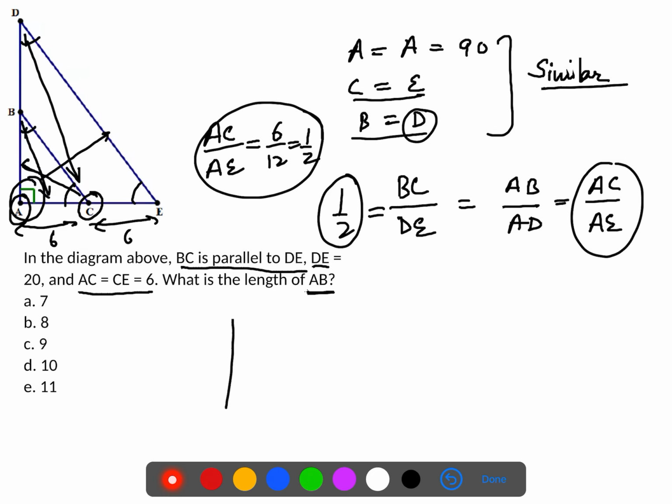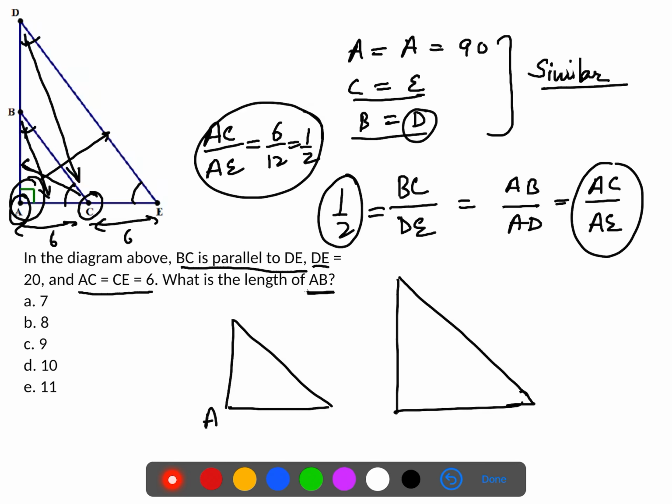So let's make the two triangles separate. ABC is the smaller one, ADE is the bigger one. This is 90. AC is given as 6. So AE would be 12, ratio 1 by 2. Okay. Now DE is given as 20. So this would be 10, half of it. So this is a right angle triangle. 10 square minus 6 square is equal to